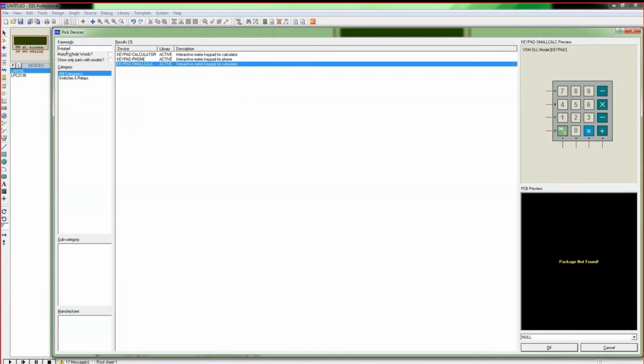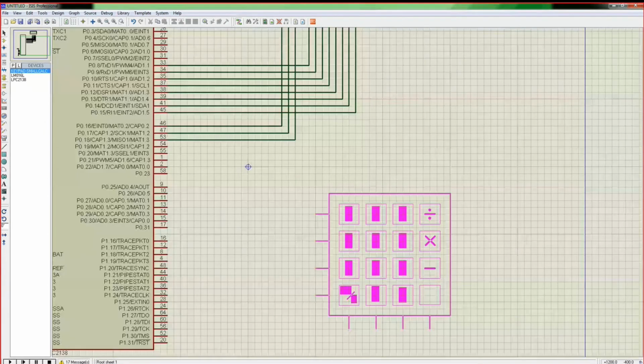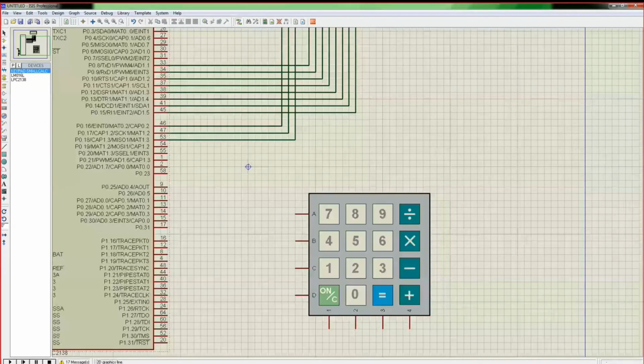You can type keypad and take the last one. So it is a 4x4 keypad you will get. Double click on that. You will get the keypad here. You can keep it here.